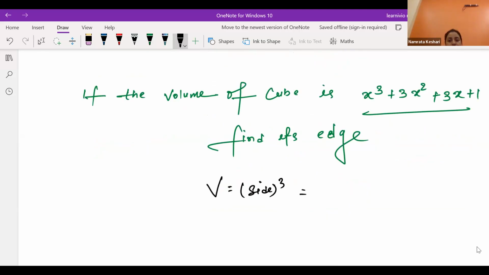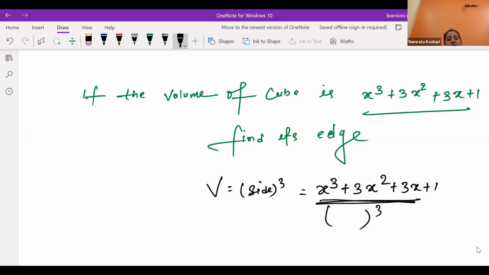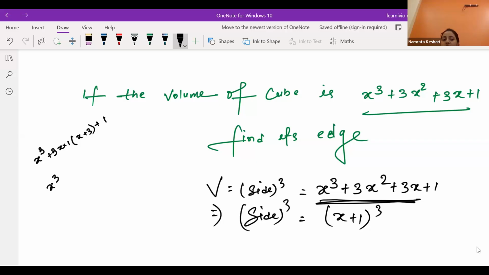That is given over here, x cube plus 3x square plus 3x plus 1. ओके, मतलब अगर हम ये पूरे एक्सप्रेशन को समथिंग क्यूब ऐसे रिप्रेजेंट कर पाए तो हम बता पाएंगे कि साइड क्या होगा, राइट? ओके, चलो ट्राई करते हैं. क्या ये x प्लस 1 का होल क्यूब का एक्सपेंशन है? देख लेते हैं, हो सकता है. ओके, a क्यूब प्लस b क्यूब, प्लस 3ab, 3 into a into b, इन ब्रैकेट a प्लस b. हमने फॉर्मूले को ऐसे लर्न किया है, या फिर हो सकता है तुमने फॉर्मूले को डायरेक्टली अच्छे से लर्न कर लिया, दैट इज 3a